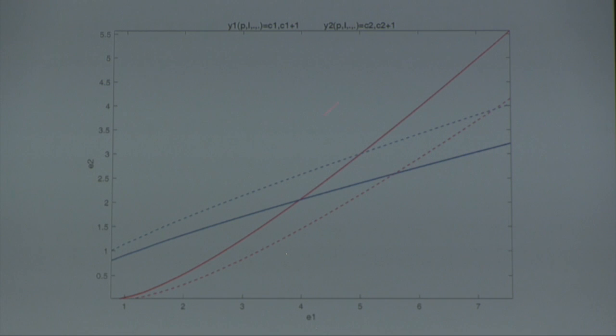Well, let's add 1 unit of food and 1 unit of services and do the same thing, right? So this is telling you how the epsilon, how the taste, changes, from someone that purchased Y1 equals C, to someone that purchased Y1 equals C plus 1, okay? So those are the other lines.